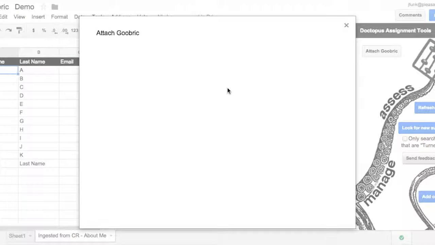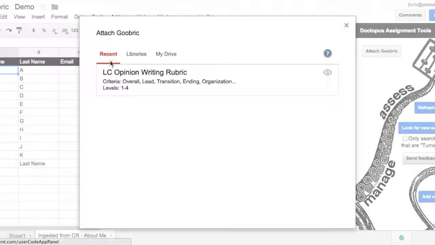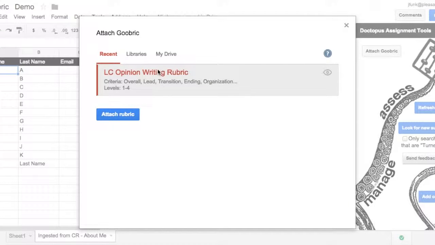and it will open up a new window, and it will allow you to go through and choose if you want a recent rubric, a library, or My Drive. You need to already have that rubric existing in Google Sheets. Okay, this is an opinion writing rubric that I used previously, so it shows up right away. If you click the eye, you can get a preview, and then click Attach Rubric, and it will link that assignment with your rubric. Okay, sometimes it takes a little while,